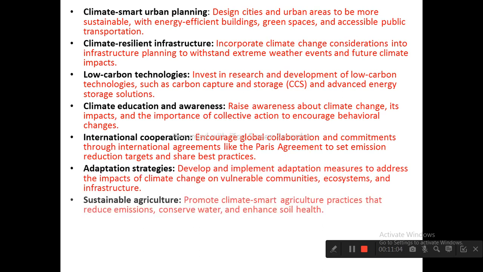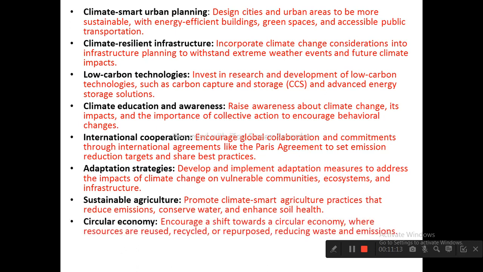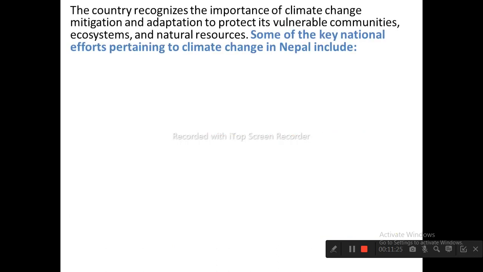and infrastructure. Sustainable agriculture. Promote climate smart agriculture practices that reduce emission, conserve water and enhance soil health. Circular economy. Encourage the shift towards a circular economy where the resources are reused, recycled or repurposed, reducing wastes and emission. The country recognizes the importance of climate change mitigation and adaptation to protect its vulnerable community, ecosystem and natural